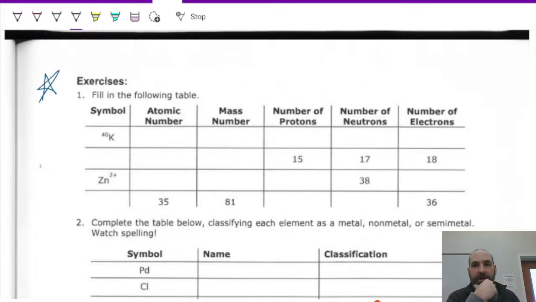That's ultimately what I want you to be able to do at this more basic level of atomic structure. So when I say describe atomic structure, I mean if I gave you this symbol, a K with a 40 in the upper left-hand corner, could you fill in all of these blanks and give the atomic number, the mass number, the number of protons, the number of neutrons, the number of electrons, just using that symbol and a